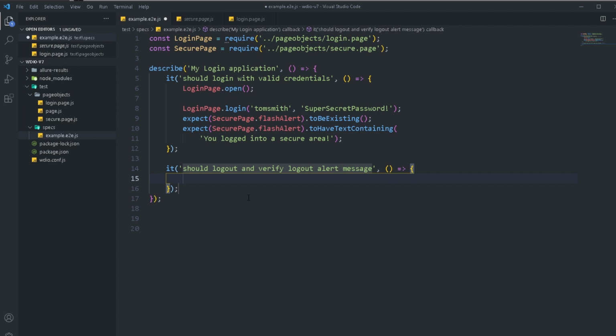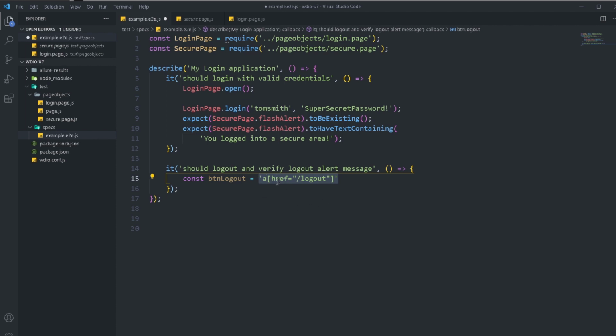So every time you write your test, you need to make sure the elements that you're going to be interacting with are defined. In our case, we're going to be interacting with the button as well as that alert message over there. So I'm going to create that here. I can create a new variable and call that one button logout. And then here we're going to add in our element. In my case, it was an a tag with an href of logout. So this is my element.